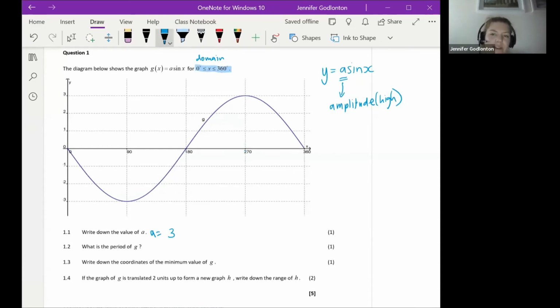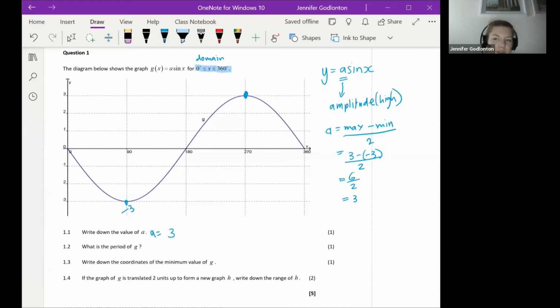Another way of finding our amplitude is we take our max. Okay, so our amplitude would be equal to our max minus our min divided by 2. So our max over here is 3. We're minusing our min, which is -3, and we're dividing that by 2. So 3 plus 3, which is 6 over 2, which gives me 3. Okay. Now,